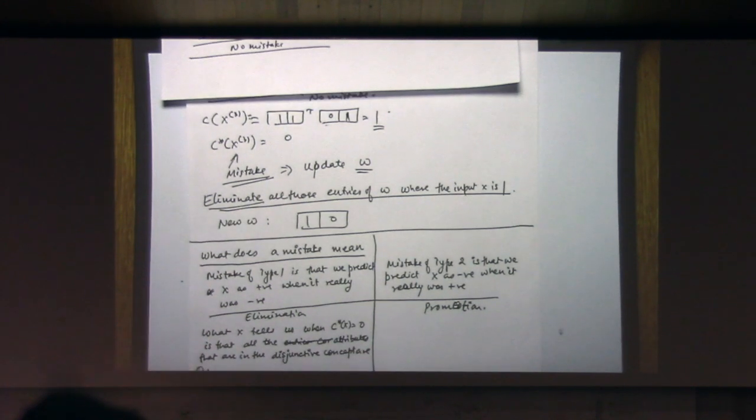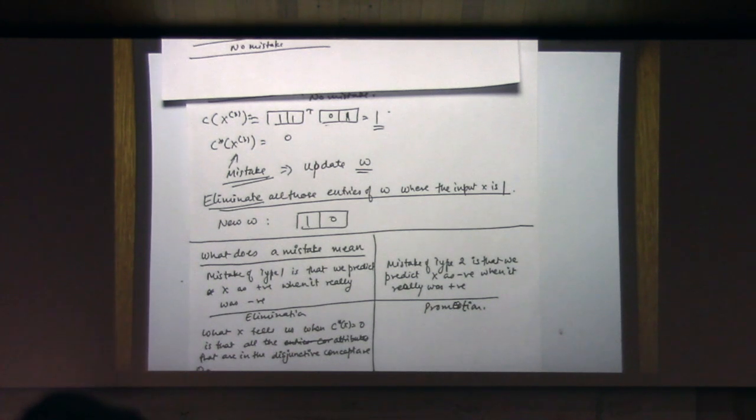We don't know the disjunctive concept, but because we know that this instance is negative, all of the things in the disjunctive concept have to be 0. So that is why what we do is we set all of the ones that are 1s to 0, which means that